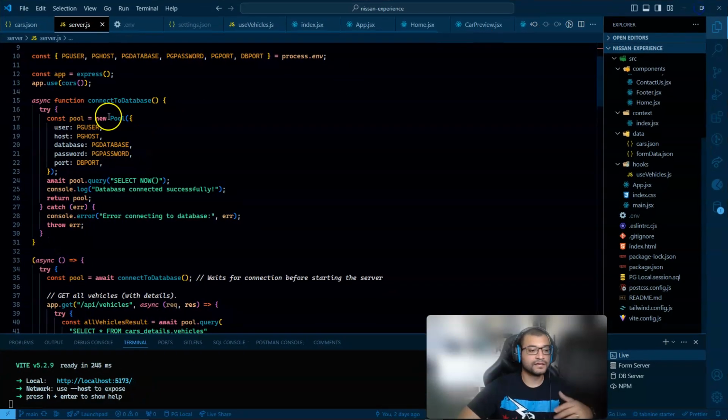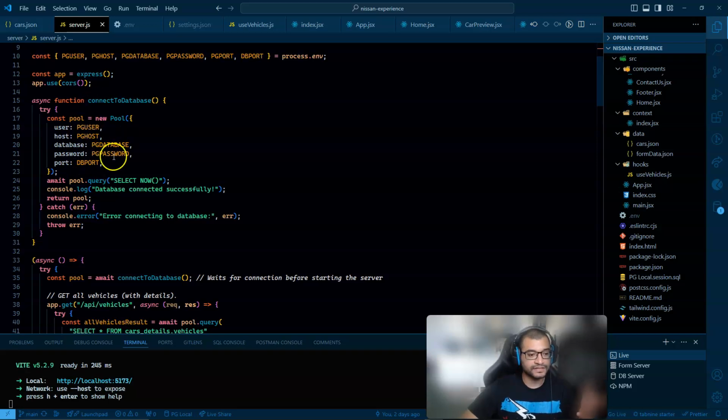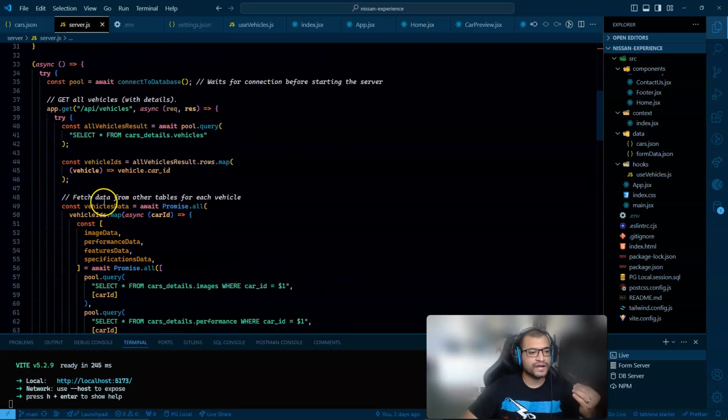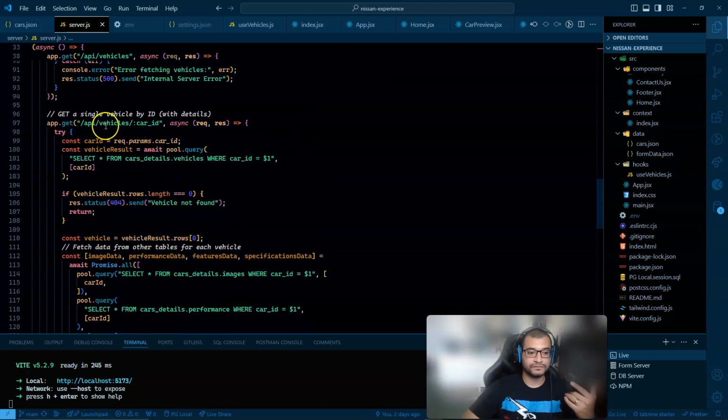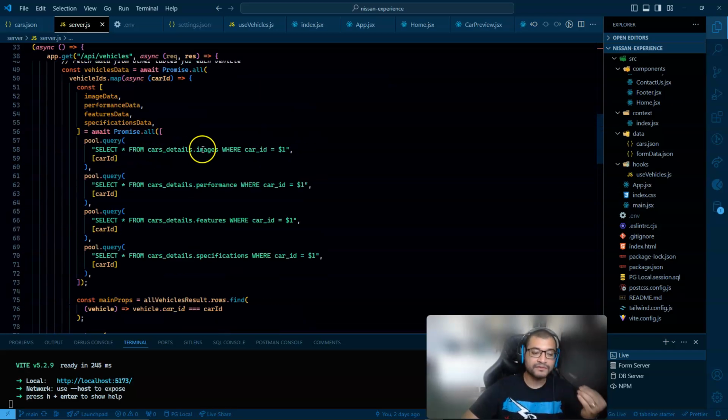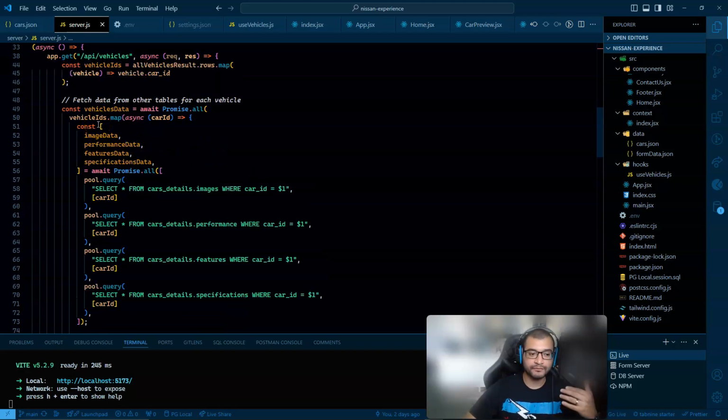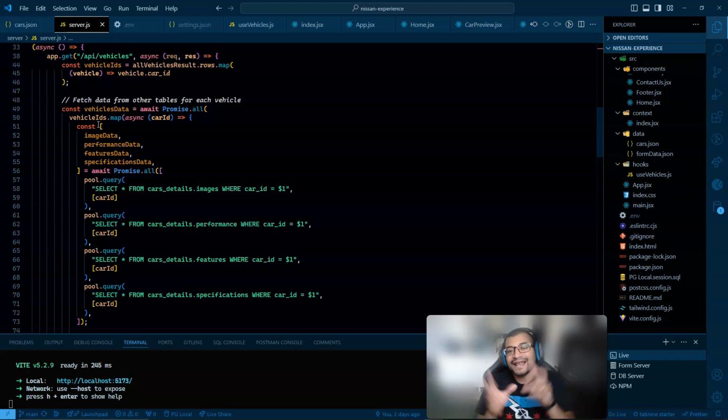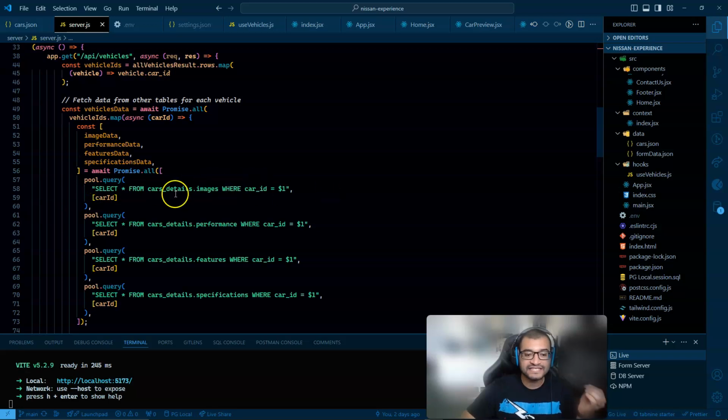But going back to the project, once I was able to connect the database, here is where I had some issues. After I created the routes for the single cars and all of them, the problem was that you have to create a promise and make a pool query, so you do a SQL command, as you can see here. But my mistake was I kept writing the SQL command without putting the schema. You have to tell Express what schema you are trying to reach, because